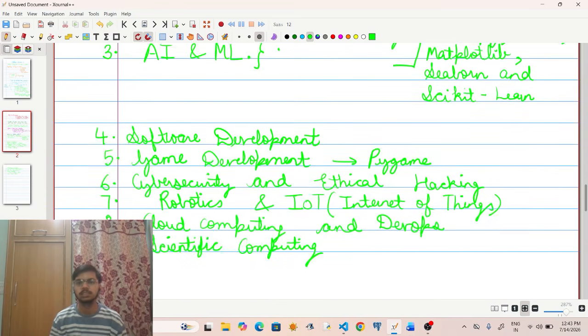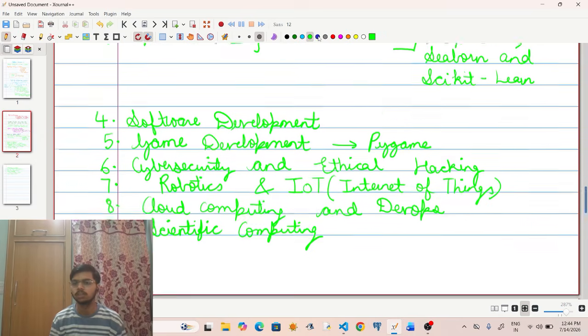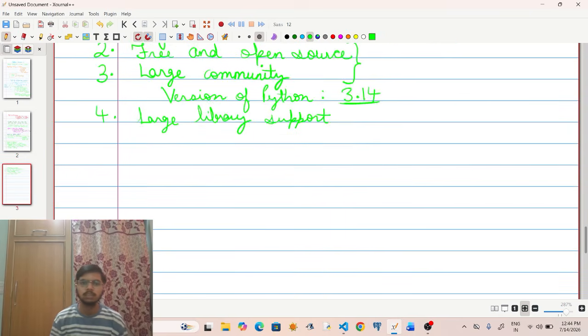Similarly, there is the Pygame library, which is used in game development. There are a lot of other libraries as well. Because of these libraries, it is very easy to write code in Python. You don't have to write everything from scratch, but you can use these pre-written libraries to write code which is easier to understand, and you can do a lot of things in very few lines of code.